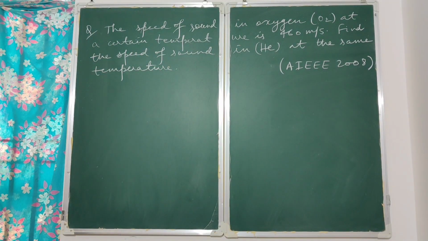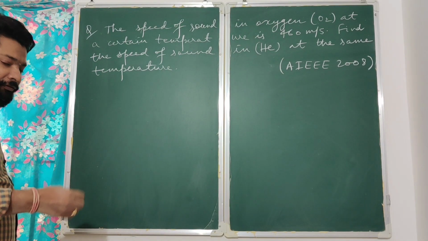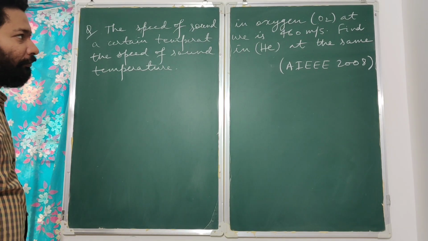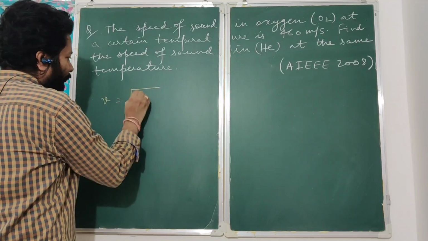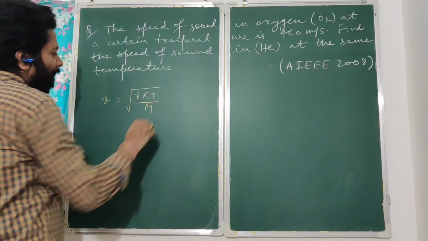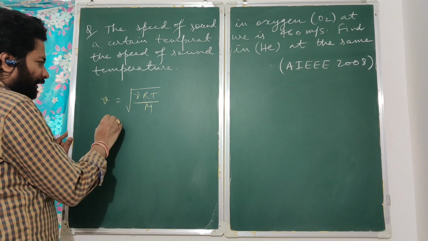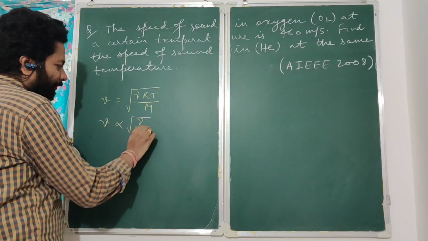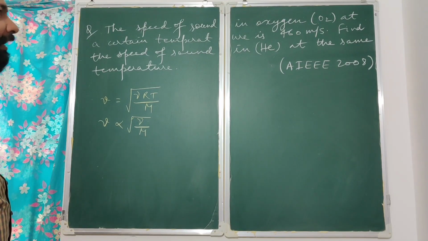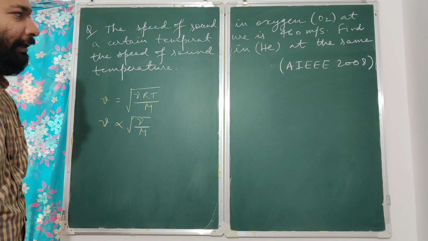Let's take up this question. This is based on speed of sound in a gas. So what is the formula to calculate speed of sound in a gas? You know, it is an adiabatic process, and the formula is v is equal to root of gamma RT by M. So here temperature is the same for both the gases. So can we say that v is proportional to root of gamma by M, because gamma and M are different. Why are gamma and M different? Because one is a diatomic gas, another is a monoatomic gas.